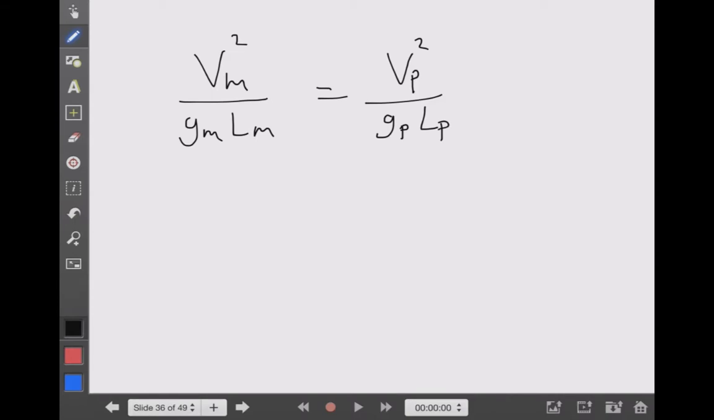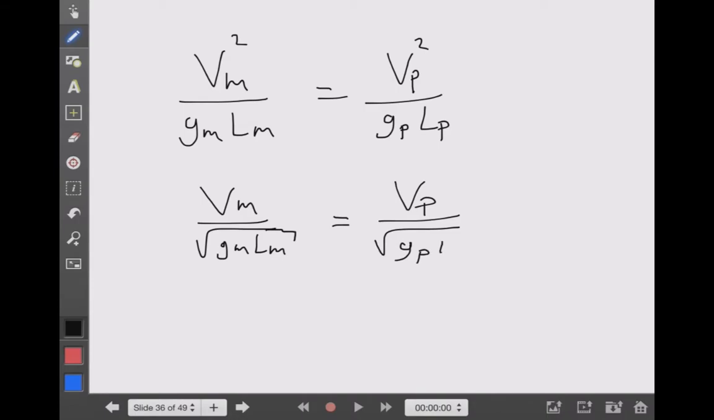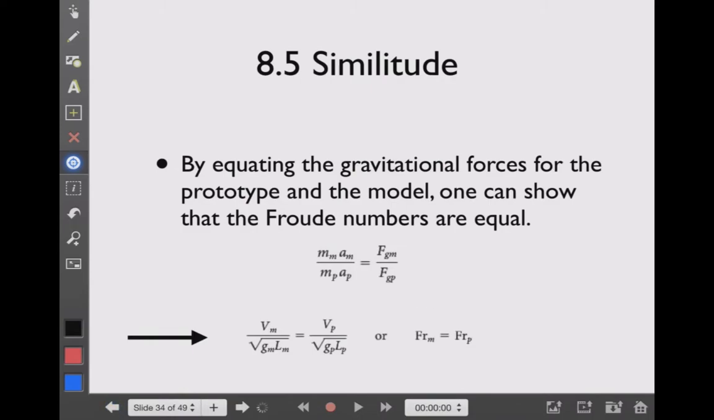If we take the square root of both sides, we end up with Vm over the square root of Gm Lm equals Vp over the square root of Gp Lp. And these are just the Froude numbers for the model and the Froude numbers for the prototype. So now we see the power of similitude, in that for this particular situation right here,